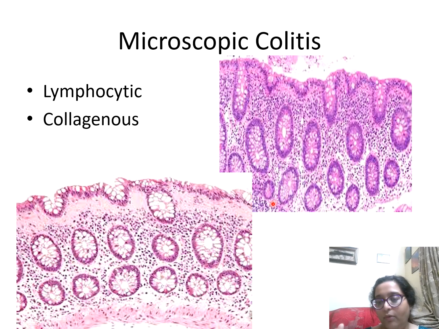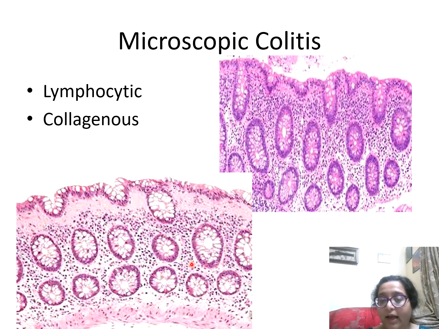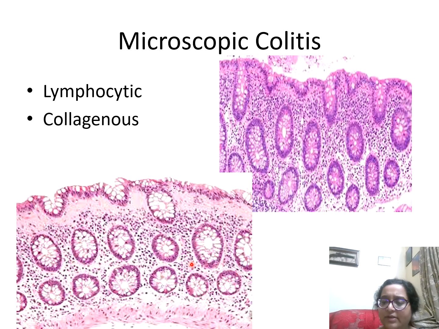I still go by the dictum that cryptitis is a neutrophil in the crypt, and a crypt abscess is the presence of neutrophils and necrotic debris in the lumen of the crypt. If it is not inside the crypt or in the lining epithelium and is only in the lamina, then I refrain from diagnosing IBD. You can give it if your clinical history is matching and your endoscopic findings point to it, as an IBD-US.